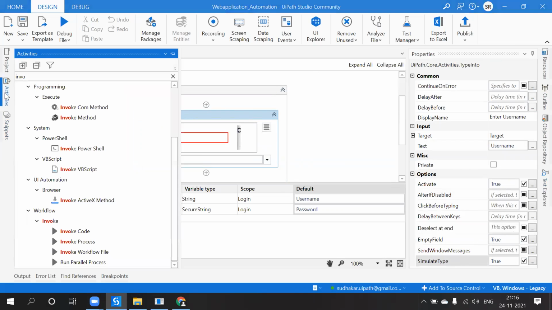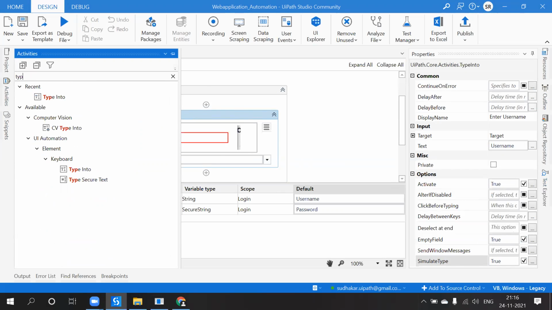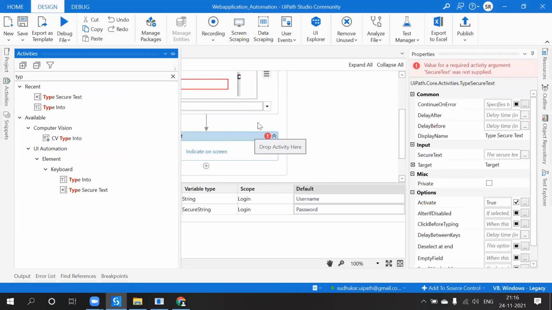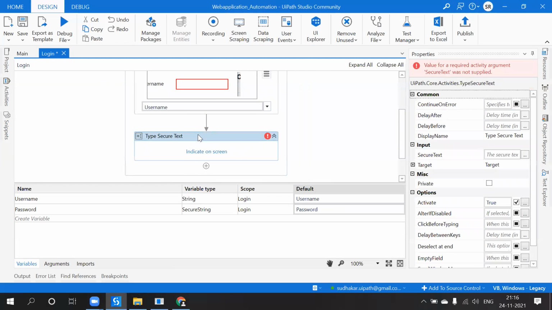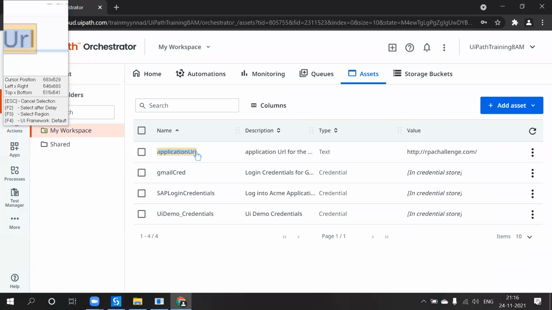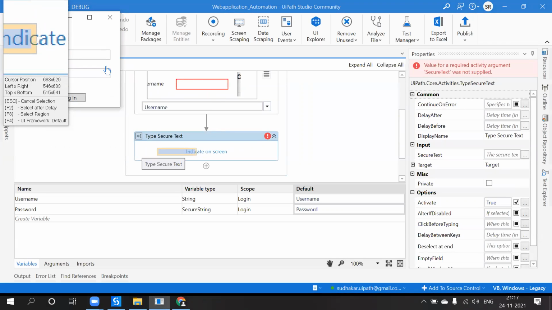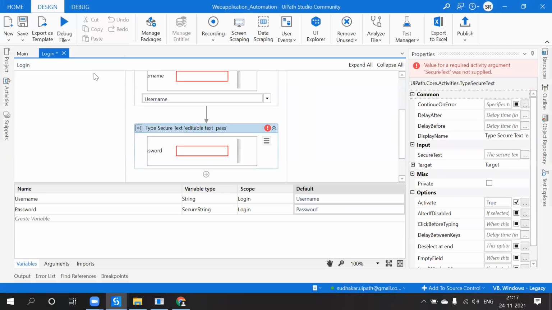So another activity called type secure text. This is for entering the password values. Secure text, come over here and drag and drop it. So here I need to just indicate on screen. Now I need to indicate the password field.